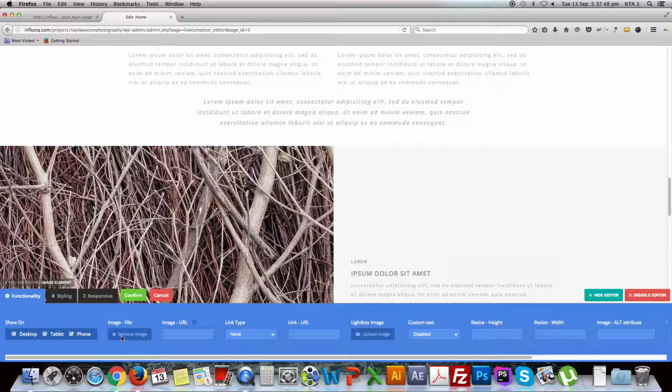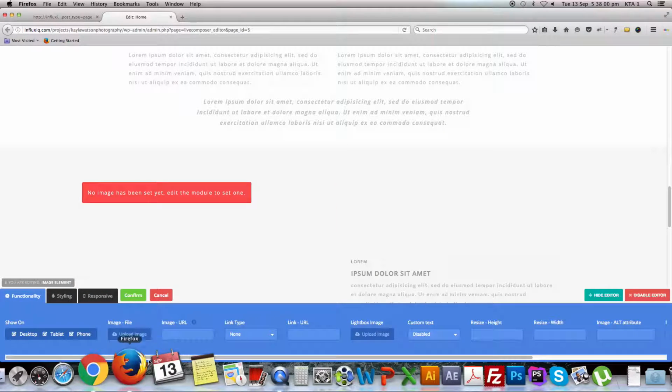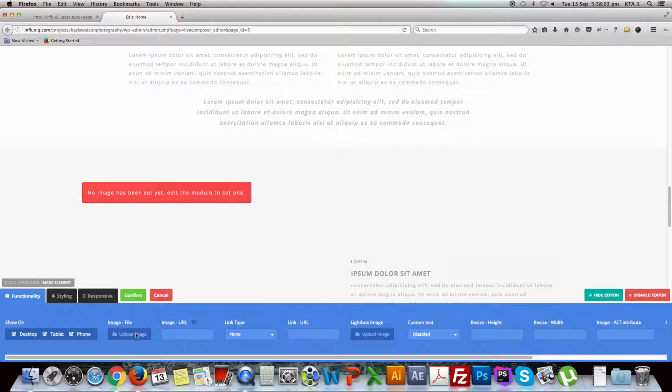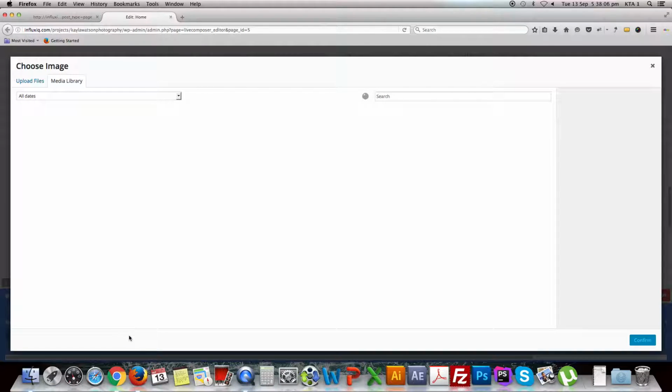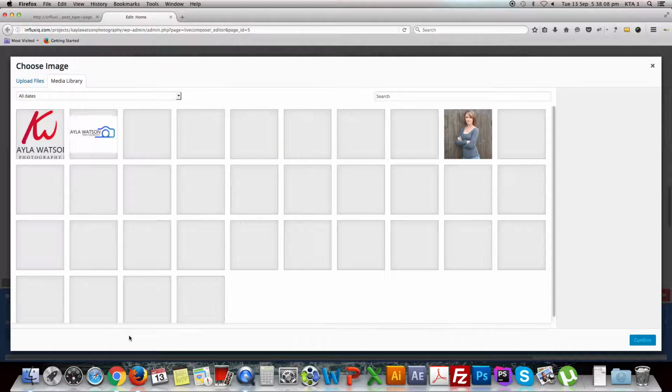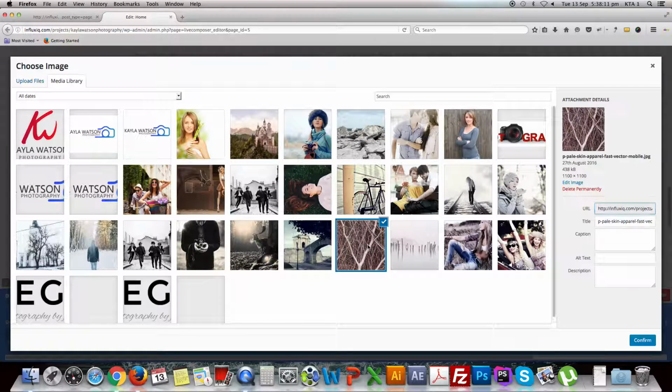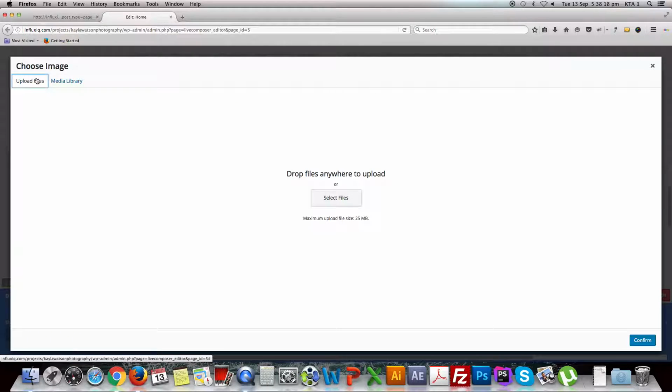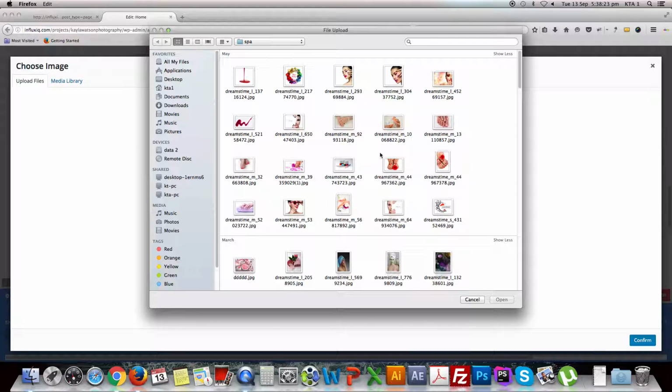Once it loads, you can click on the remove image button to remove the image. And once the image has been removed, you can click the upload image button once again and select the image you want to upload from the media library, or upload a new file by clicking upload files from here and selecting a file from your desktop.